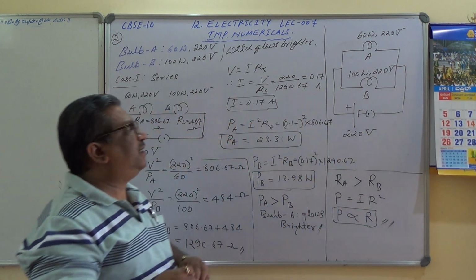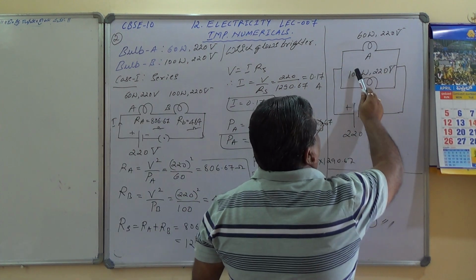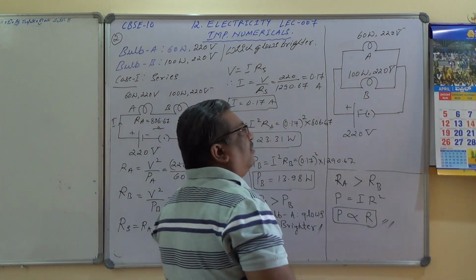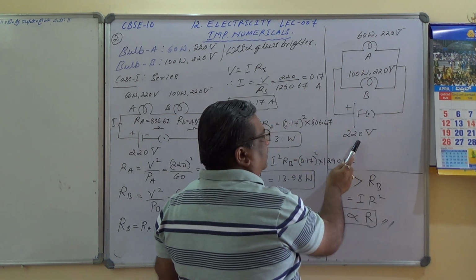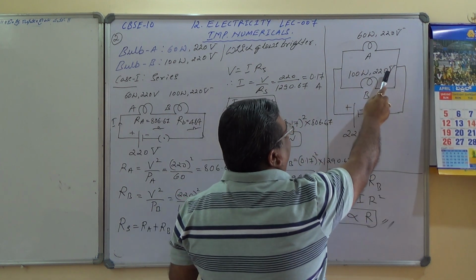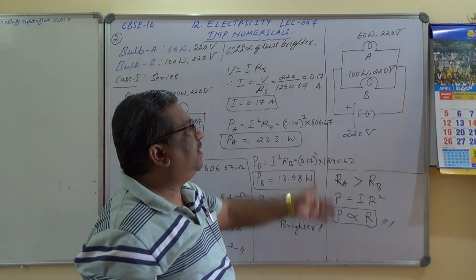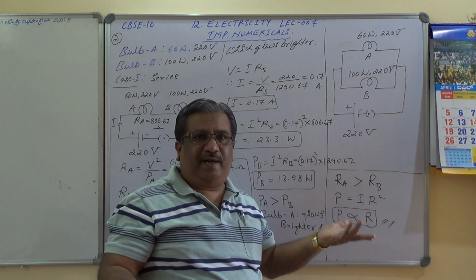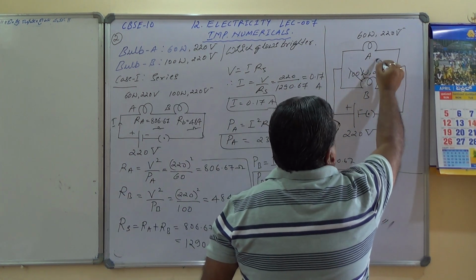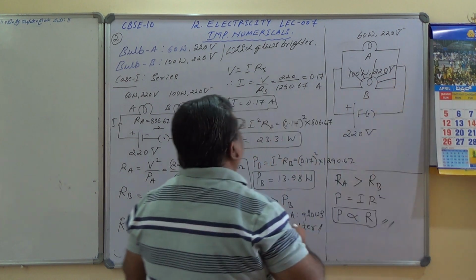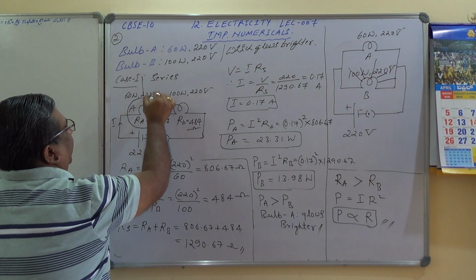Now let me compare the same by connecting in parallel combination. 60 watts, 100 watts, these two are connected in parallel combination. The voltage remains the same here, 220 volts. 220 volts is the source voltage, and the power rating voltage is also the same, 220 volts. In this case, this is simple. Whichever has more wattage glows brighter. Means in this case, this A glows brighter.